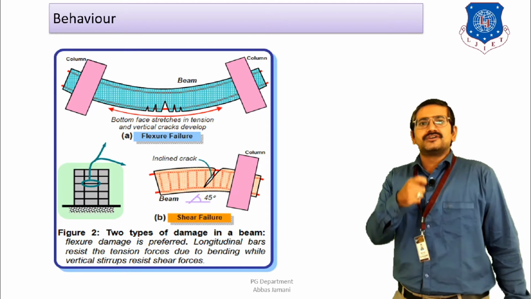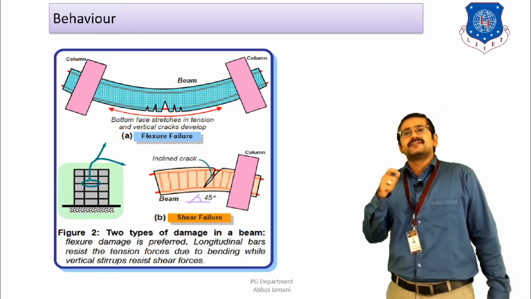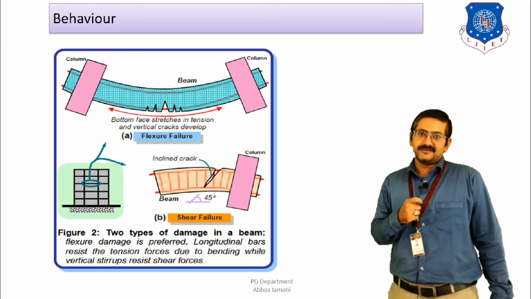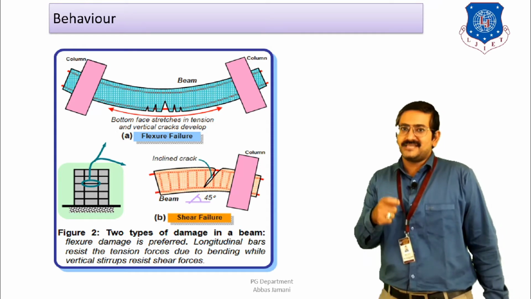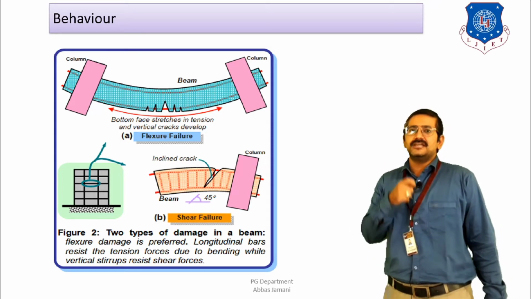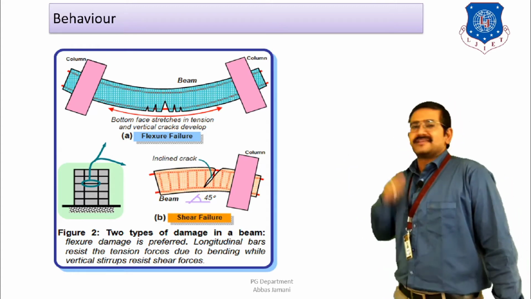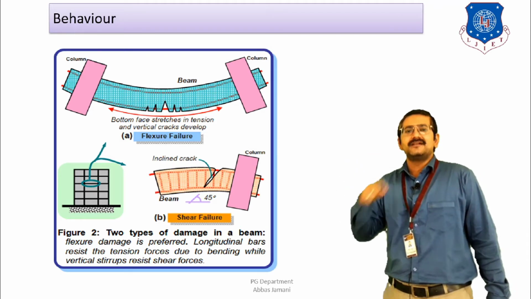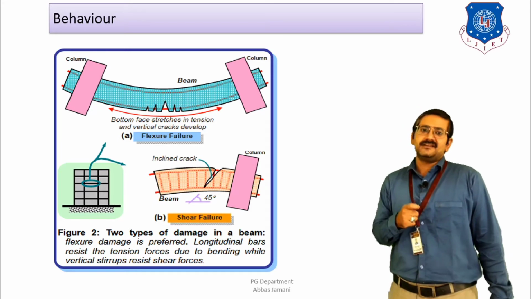So in order to achieve ductile behavior, it is necessary that sufficient elongation of the bar takes place, and then the concrete should crush, and then the failure should be initiated, right? For that to happen, the compression steel ratio has to be on the higher side, and the tension steel ratio has to be on the lower side. If that is done, then and only then you will see the type of behavior shown over here, where the elongation of the bar takes place to a sufficient extent, and after that the crushing of concrete is initiated, and then the failure of the beam happens, right?